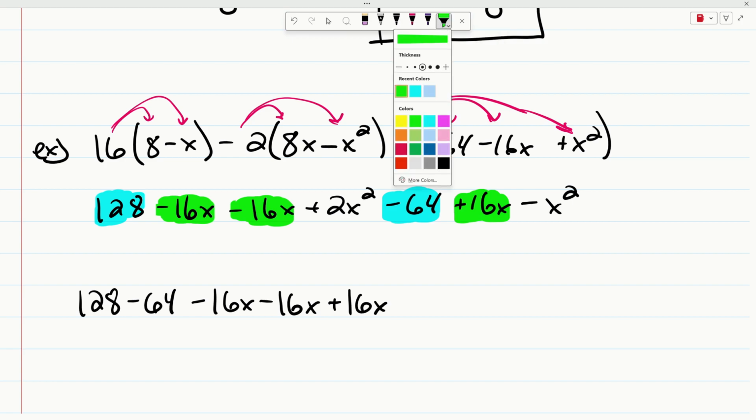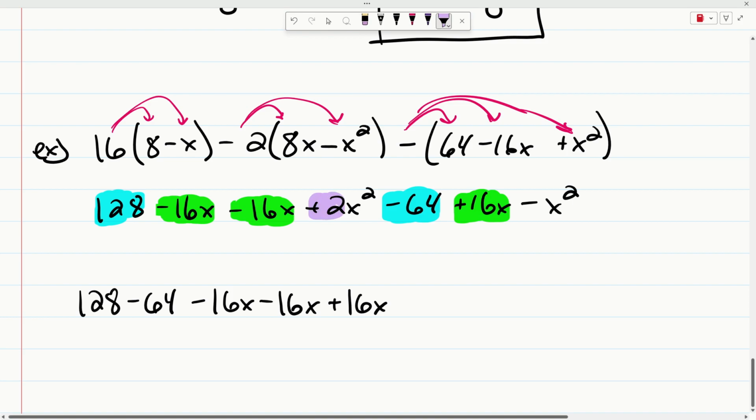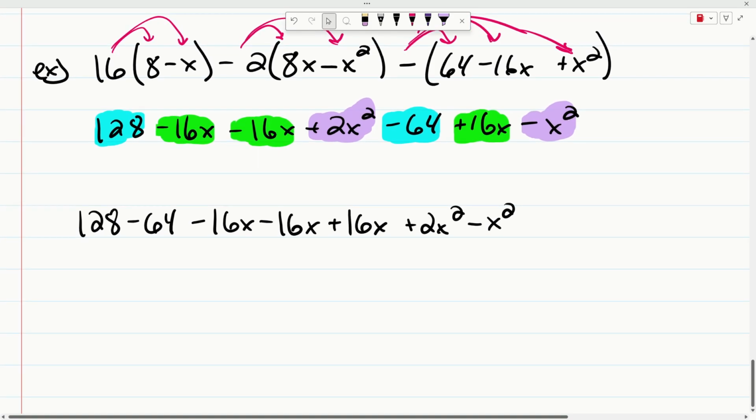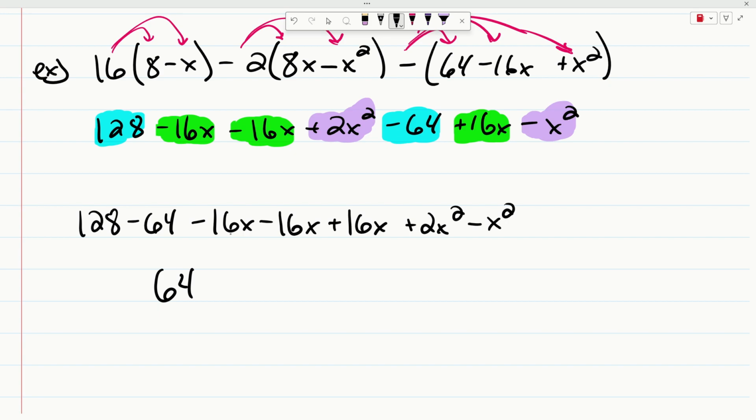And finally, I have plus 2x to the second and minus 1x to the second. So now going from left to right, I can go ahead and combine all my like terms. 128 minus 64 is 64. Negative 16x minus 16x plus 16x is negative 16x. And 2x to the second minus 1x to the second is positive x to the second. Now, this is 100% correct. However,